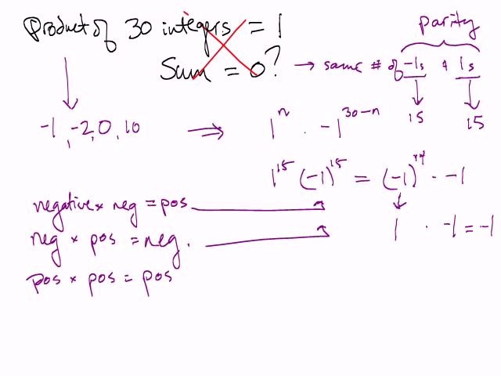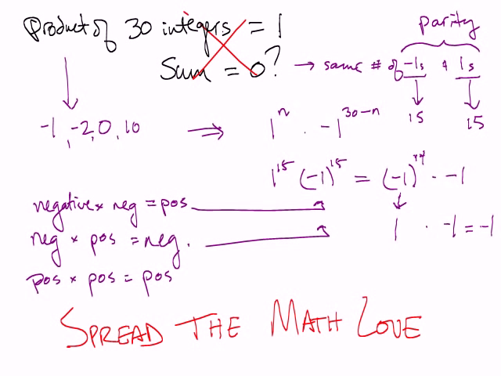Okay, now parity arguments show up in a lot of contrived situations like these. I mean, there's nothing particularly natural about this, but the concept is you have to pair things. It's problems, and a lot of it's sums and products, where things being even or odd, or negative or positive, or pairing things up are important. Okay, so this is like pigeonhole principle. It's one of these small ideas that pops up and is used in a lot of weird places that you wouldn't expect. So keep your eyes open for the parity arguments, and remember to spread the math love.